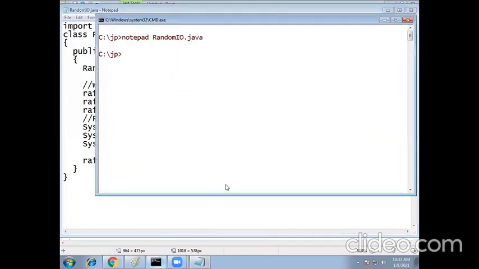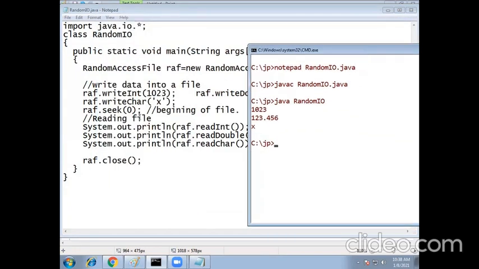All right, now let us compile with javac and java. Now the contents are written into the file: 1023 is written, and the double value 123.456 is written, and the character X is written, and similarly read: 1023, 123.456 and X.